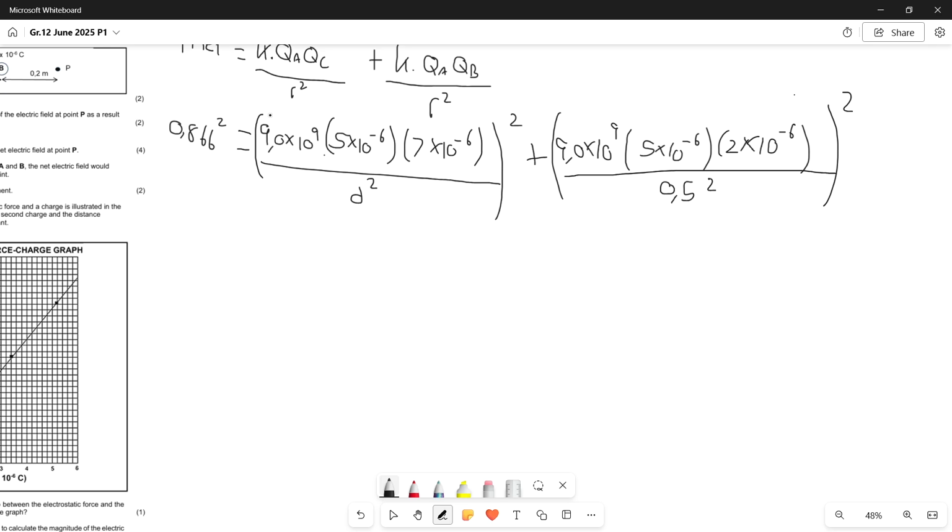Cool. And then at this stage, it looks like we might be able to drop the squareds, but we can't do that. I explored that option, and that answer does not take us to the same answer that we have on the memo, which means we have to work with the squareds here. So we have to square all the values that are just numbers first, which means the 0,866 squared is